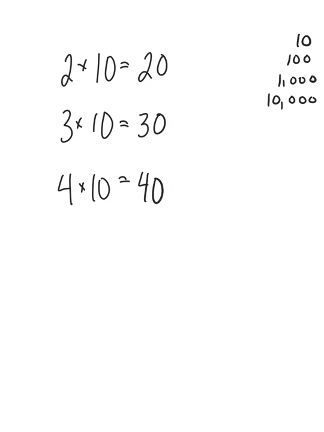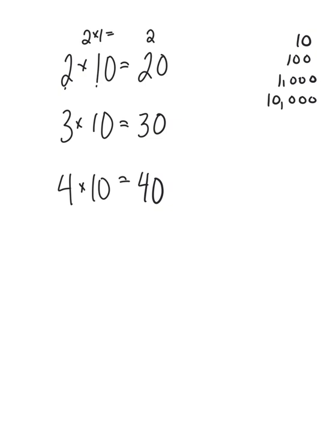So when I multiply 2 times 10, if I didn't know that for some reason, I could multiply my non-zero digits. So I could do 2 times 1 equals 2. And then as long as my number of zeros match, my answer is correct. I have 1 zero on this side of my equation,